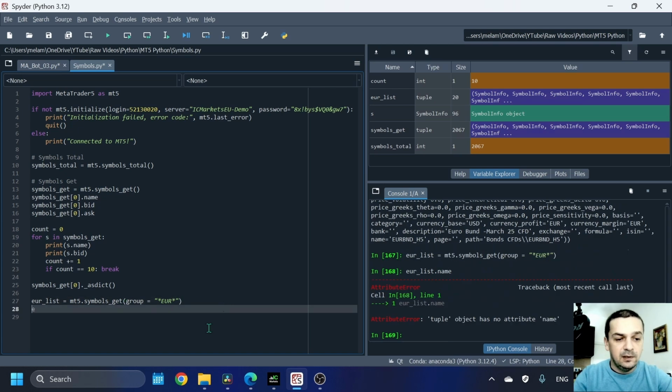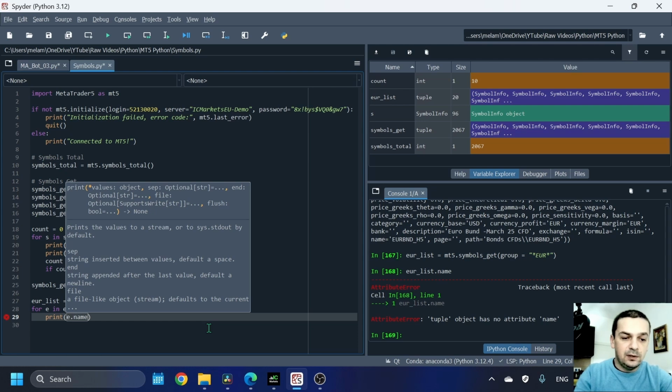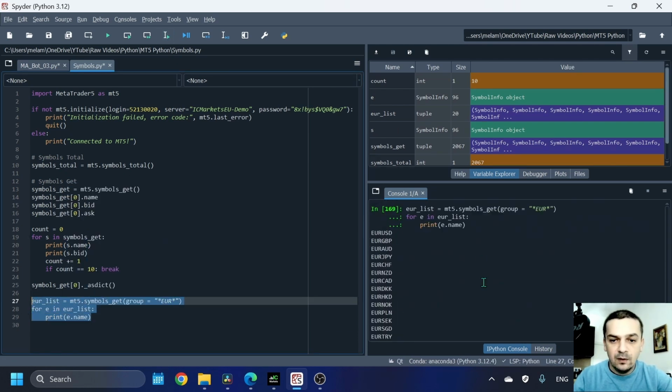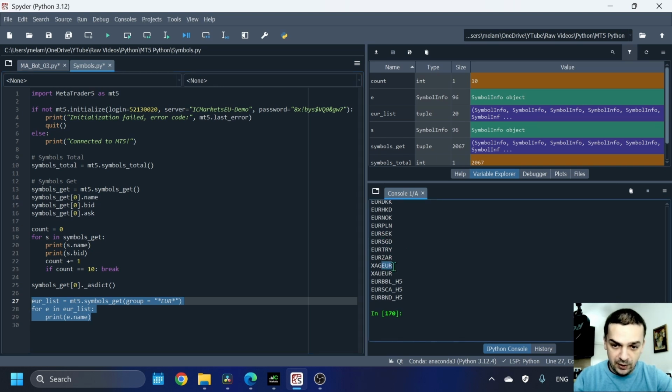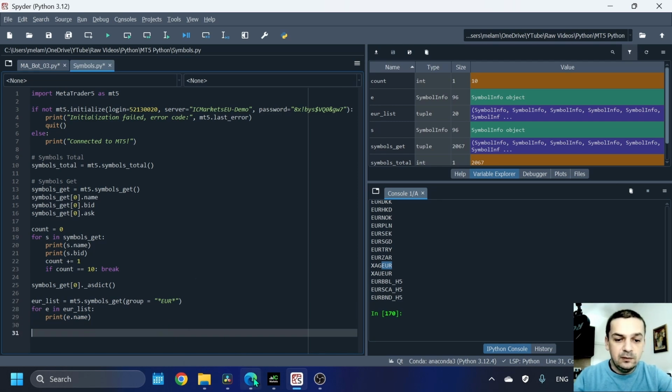inside this name. Let's create a loop for euro in euro list print e.name. This should work. And you can see all these symbols containing the euro inside as part of their name. It could be at the beginning or it could be elsewhere. Okay, now let's move to the next one, which is